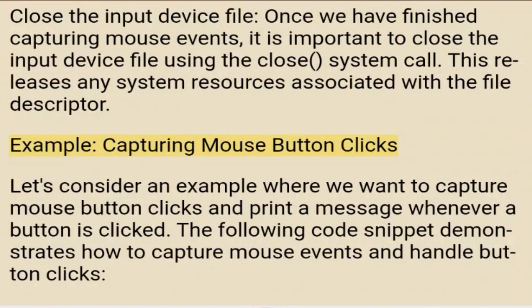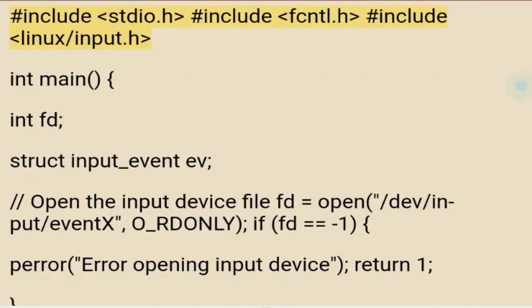Example: capturing mouse button clicks. Let's consider an example where we want to capture mouse button clicks and print a message whenever a button is clicked. The following code snippet demonstrates how to capture mouse events and handle button clicks. #include <stdio.h> #include <fcntl.h> #include <linux/input.h> int main() { int fd; struct input_event ev; // Open the input device file fd = open("/dev/input/event0", O_RDONLY); if (fd == -1) { perror("Error opening input device"); return 1; }